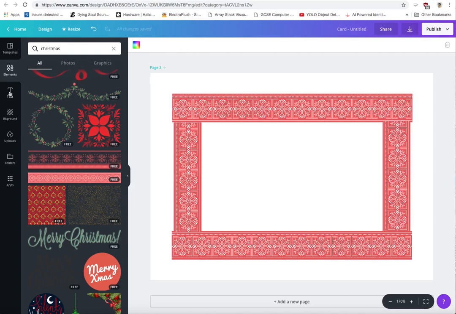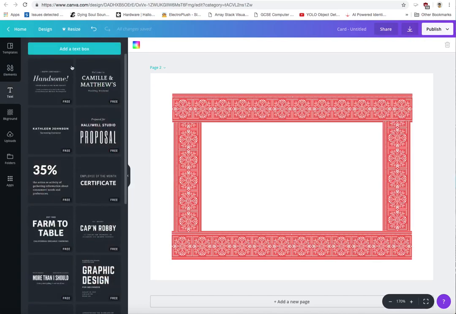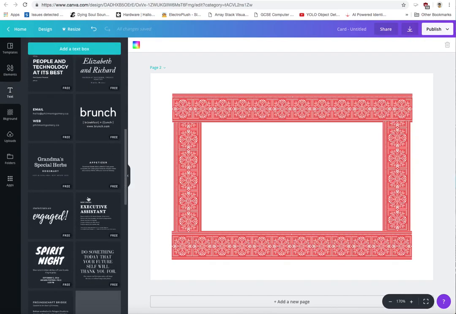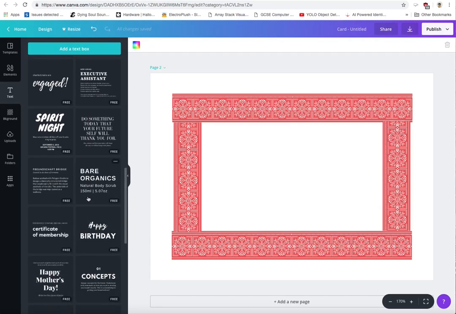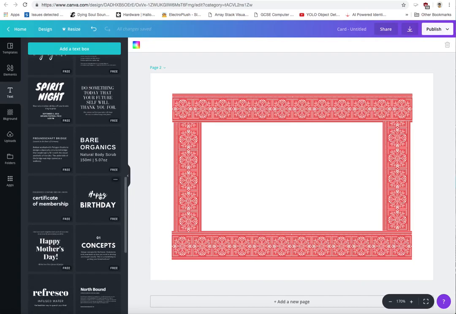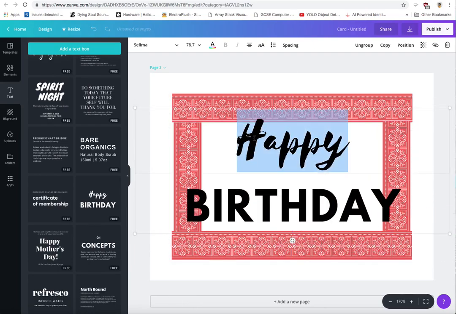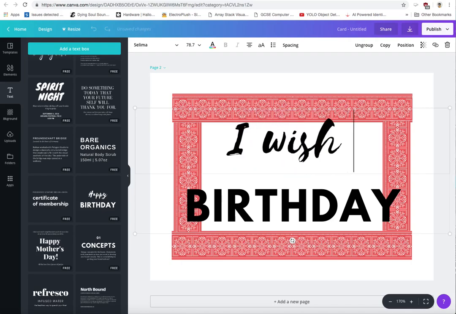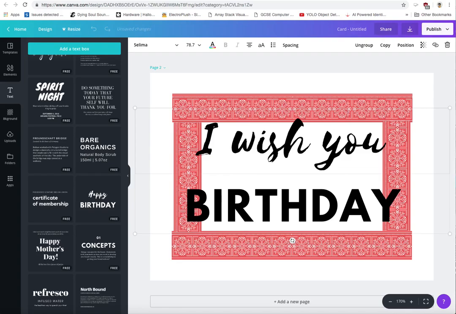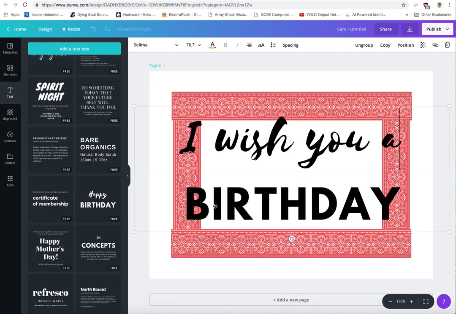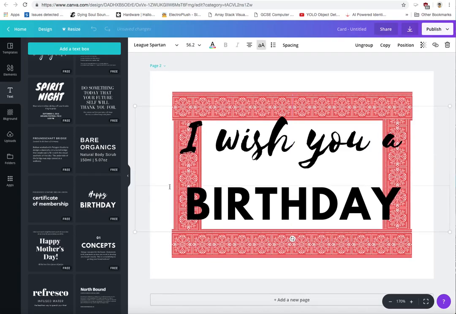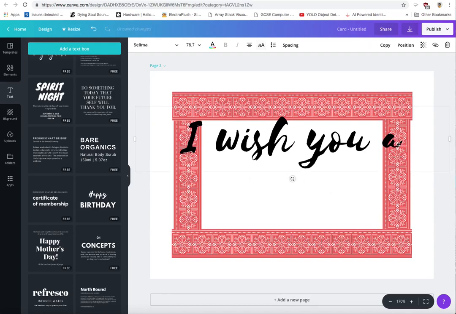Okay, so now I need some text in there, of course. Now I could use a text box. Yep, that is already designed. So there we go. Now I can change the text, of course. So I could change that to, I wish you a. I'm not quite sure about the birthday bit there, so I'm going to take that out. There we go. I wish you a